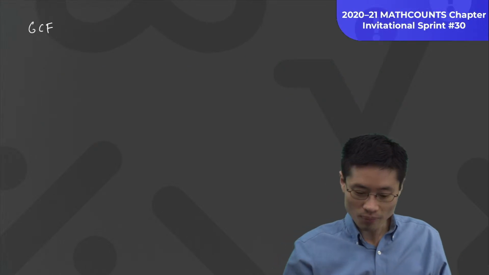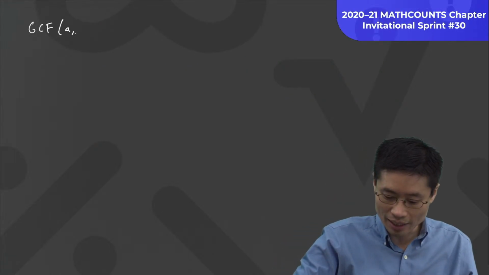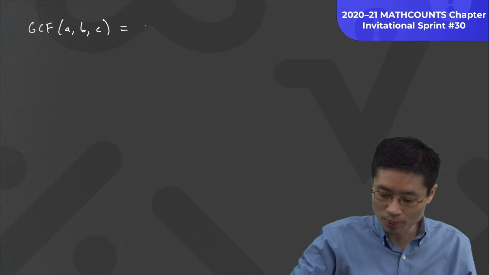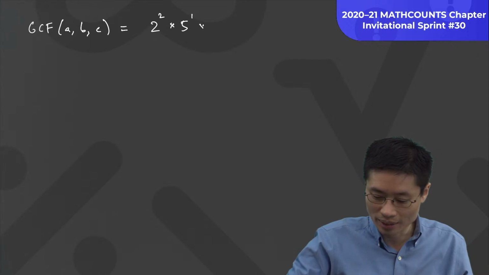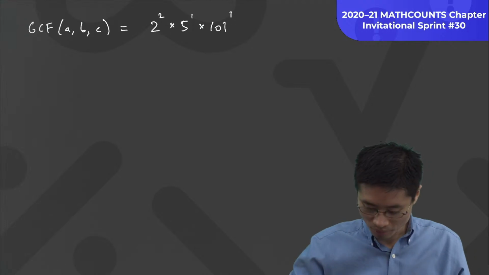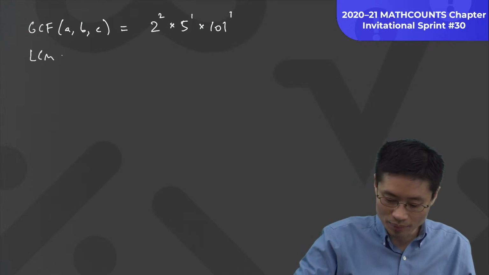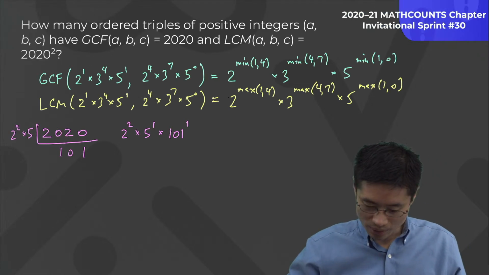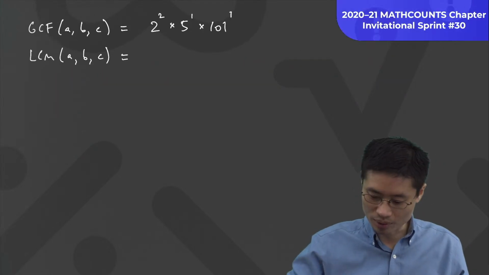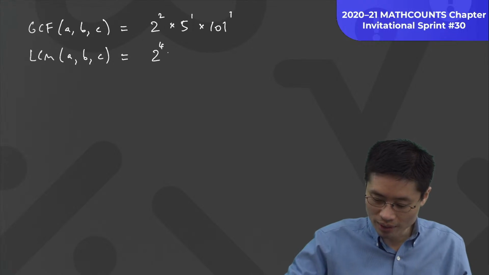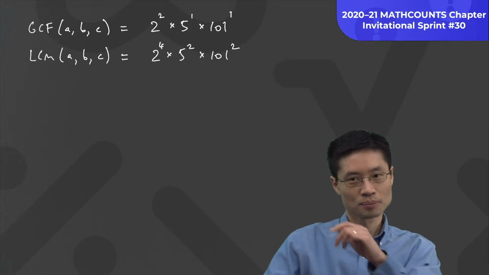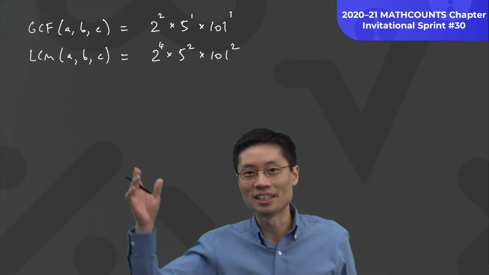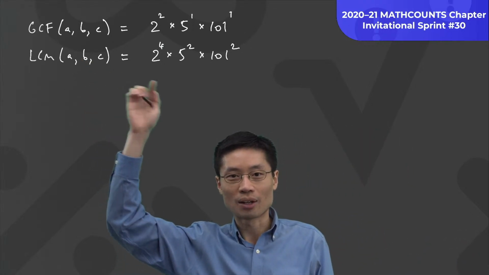Okay, so I have that the GCF of A, B, and C is supposed to be equal to 2 squared, 2 to the 2, times 5 to the 1 times 101 to the 1. And I also know that the LCM of these 3 numbers, ordered triples, is equal to 2 to the 4 times 5 squared times 101 squared. Okay, well now if I have this, I need to say whatever the powers of these are,